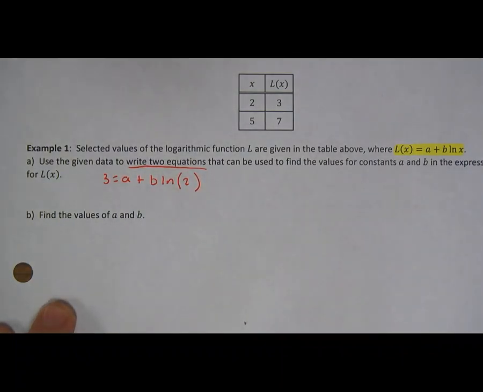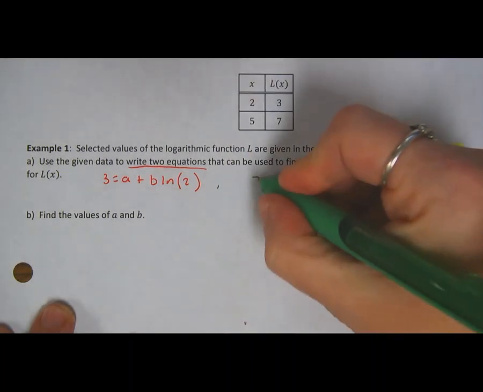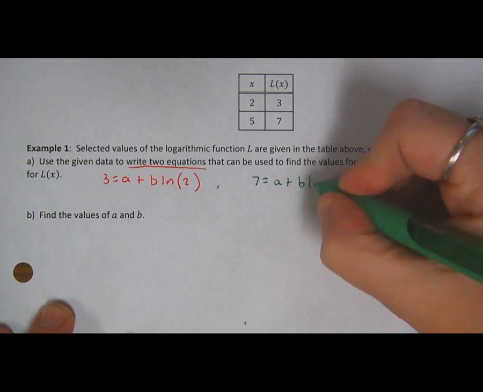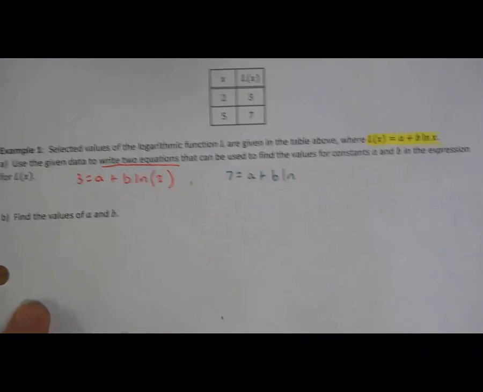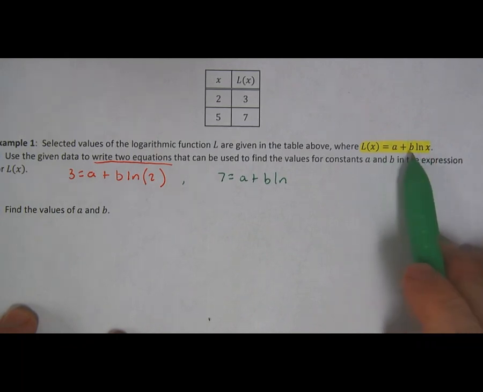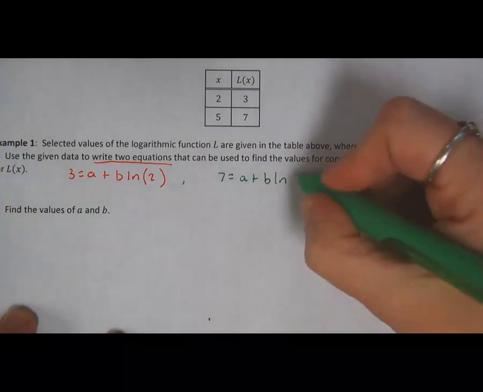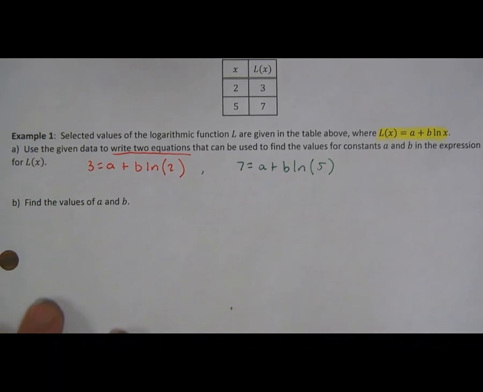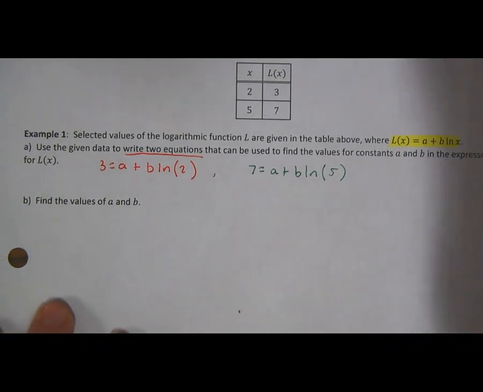The other equation is going to be 7 is the output equals a plus b natural log 5. How do I know to use natural log instead of common log? Well, it told me in the problem that this can be modeled by a plus b natural log x. And the input there would be 5, 7. Those are the two equations that we're going to use to solve,